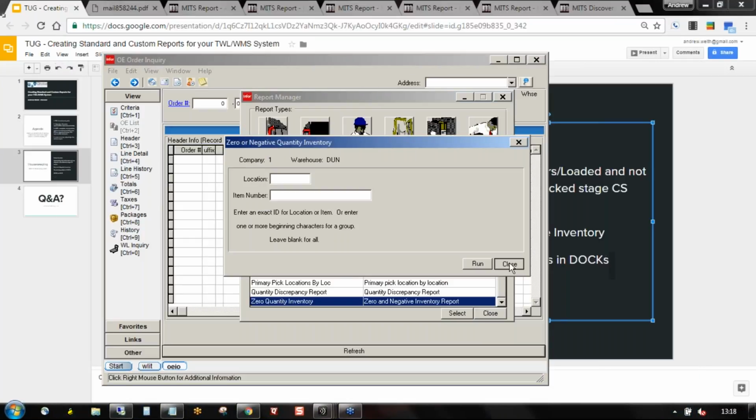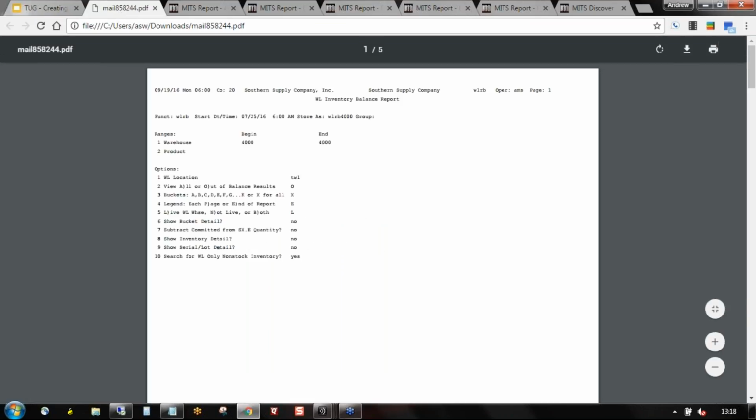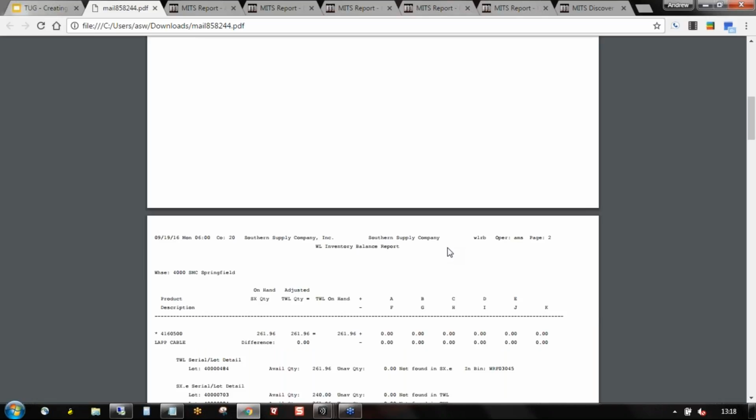Okay. All right. Last, but certainly not least, are these two guys right here. So the out of balance report and the interface between SX and TWL Willet. So the out of balance report, hopefully you're familiar with this. Hopefully whoever brought you live showed you that you should be paying attention to this and clearing items off of it. This report is showing you where you have a quantity in SX and a quantity in TWL that don't